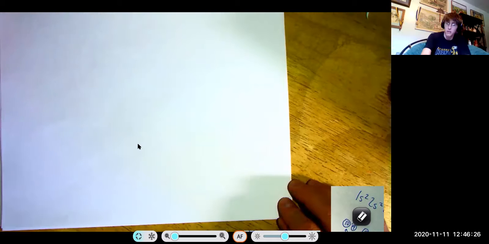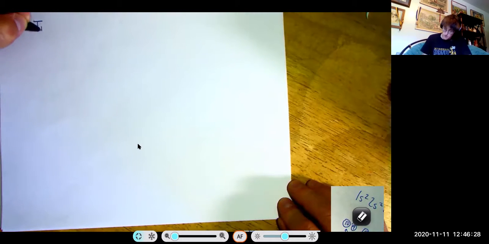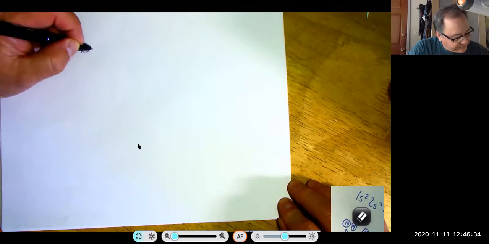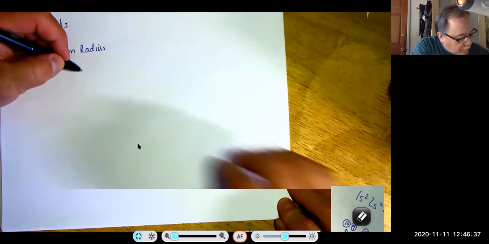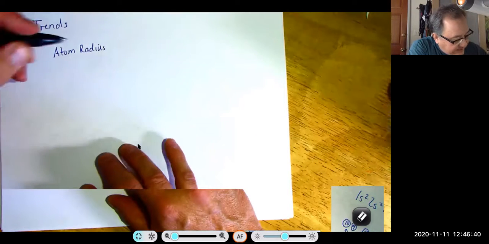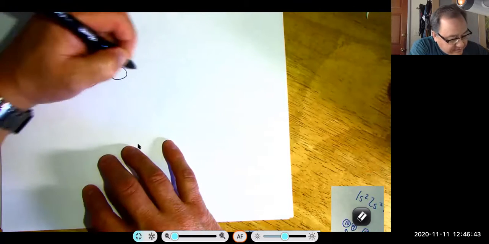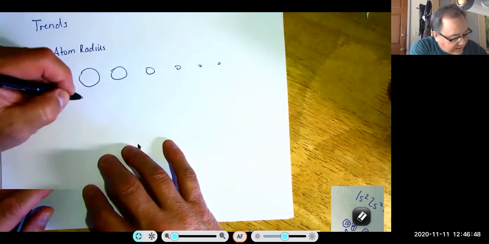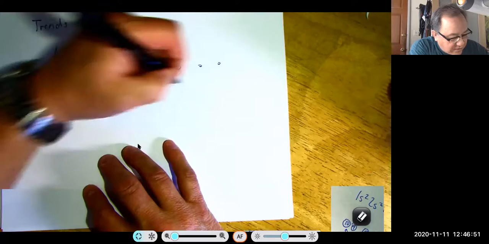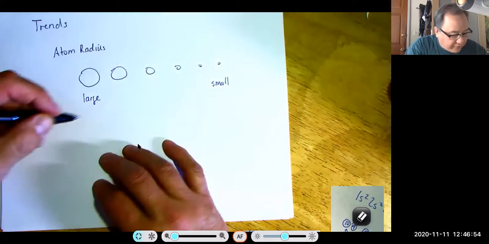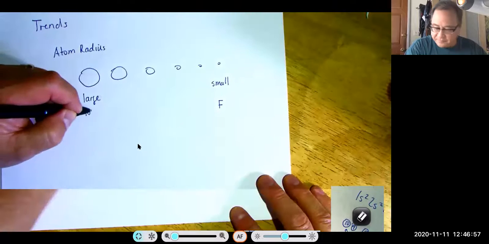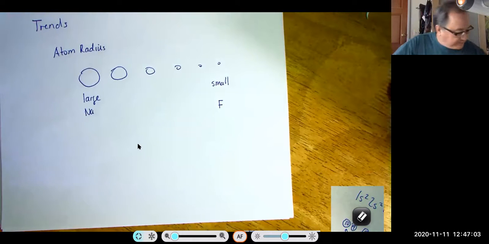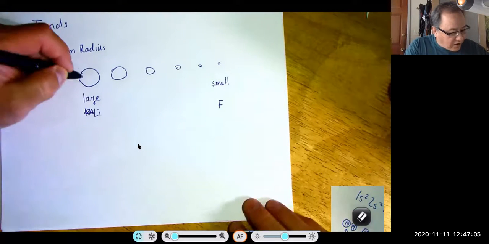All right. Sounds good. So for the trends, we're going to look at atom radius. Now, when you look at a period, they usually do this. So here they're large and here they're small. So when you look at fluorine versus lithium,